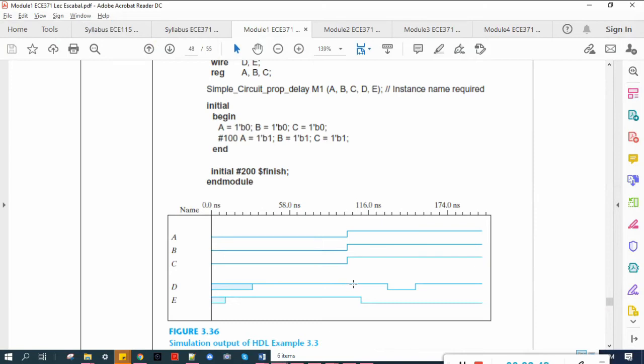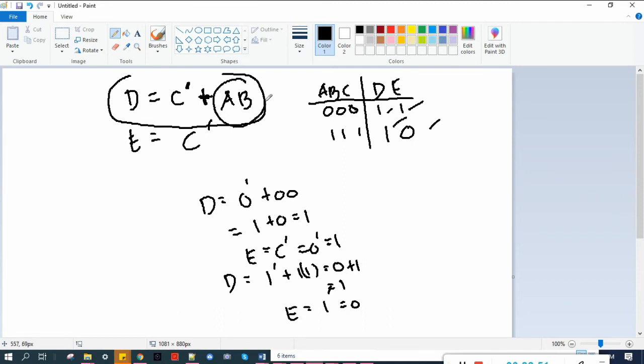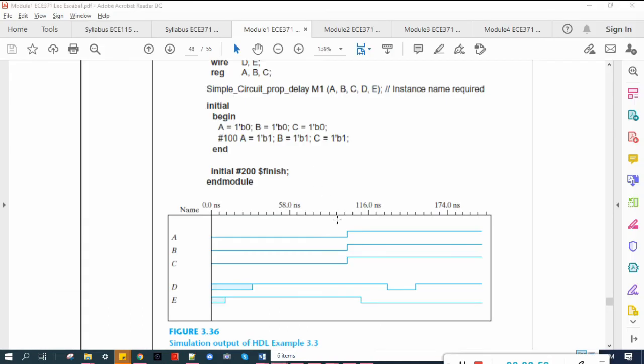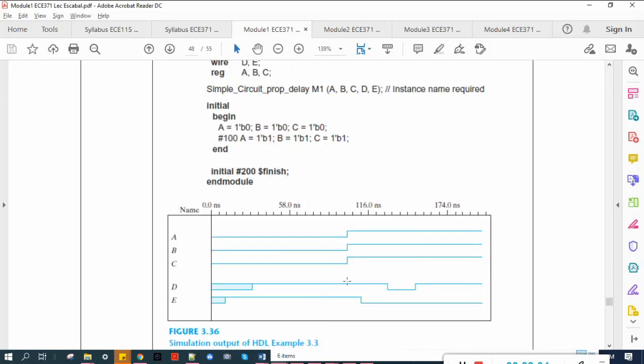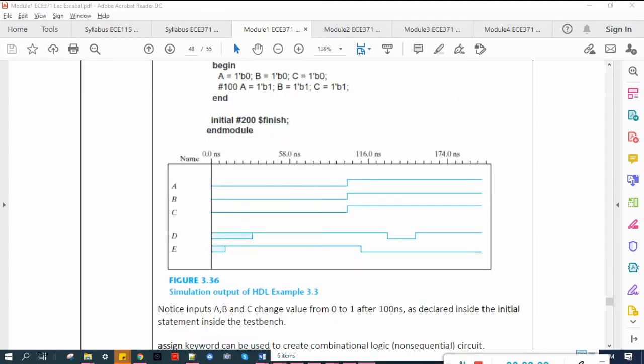D is supposedly 0, but we have this AB, which is still 1, 1. Anyway, let's not try to go that much deeper, but the thing is that after 30 nanosecond delay, that is when our